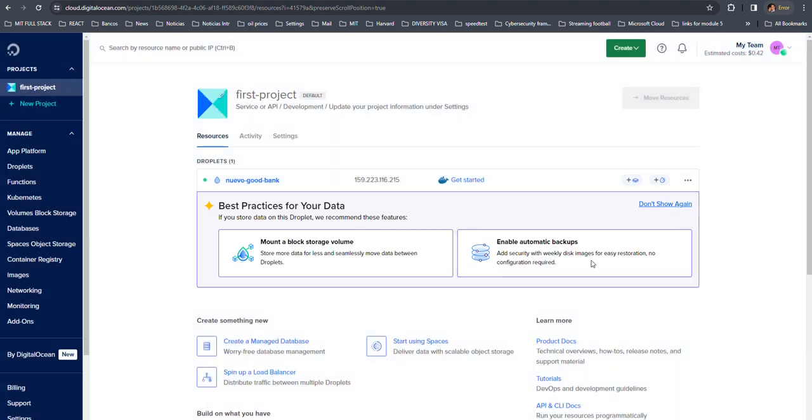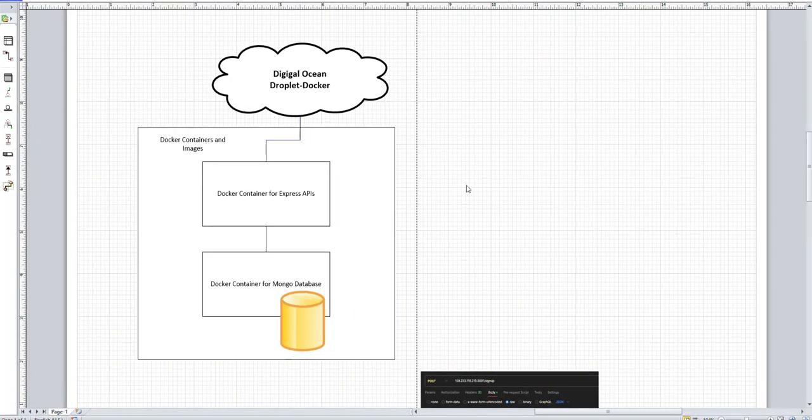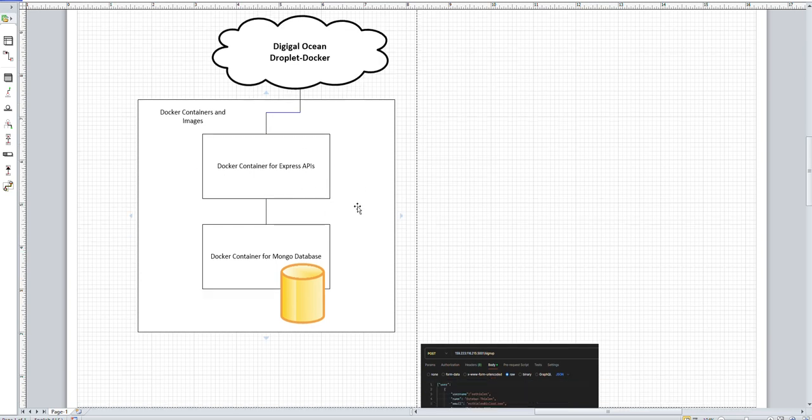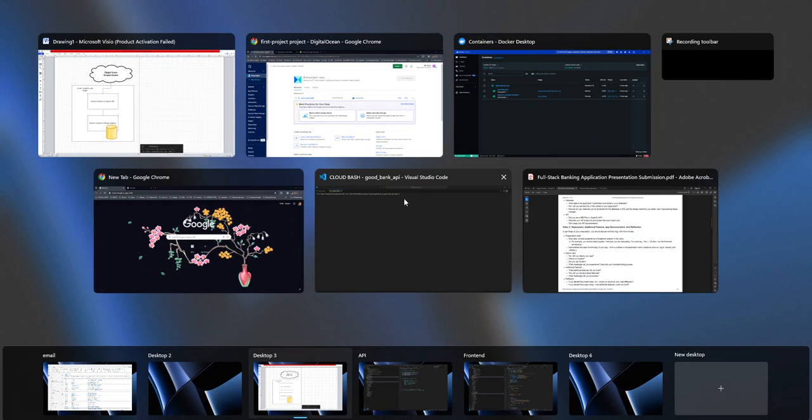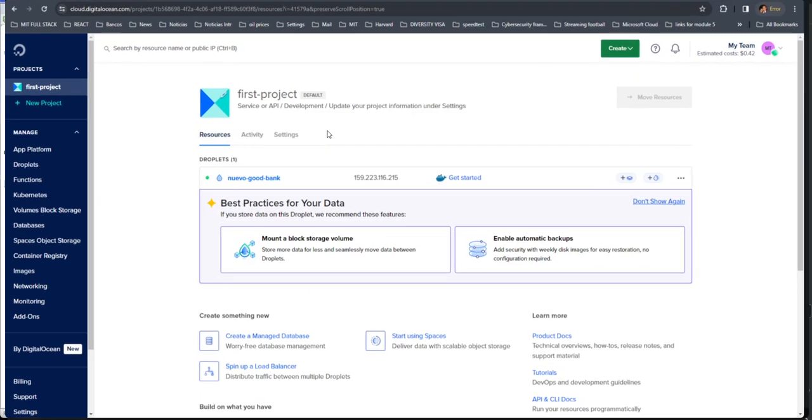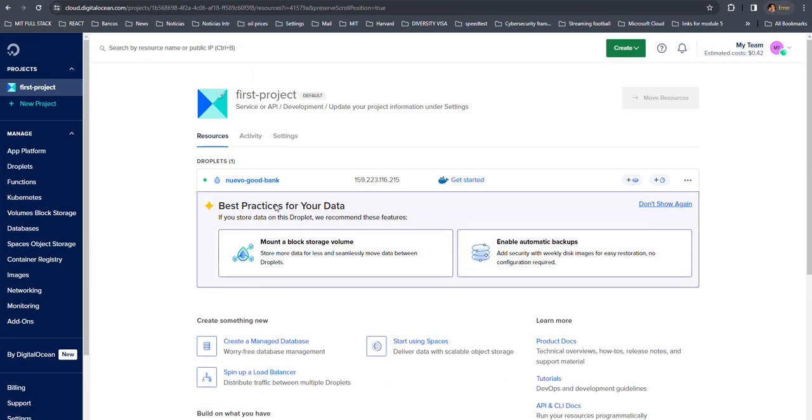Okay, once in the droplet in DigitalOcean, I use a docker-compose.yaml file and deploy this containerized application, which includes the Express APIs and the Mongo database. Okay, that is basically it about where the application backend was deployed. Now I will show you